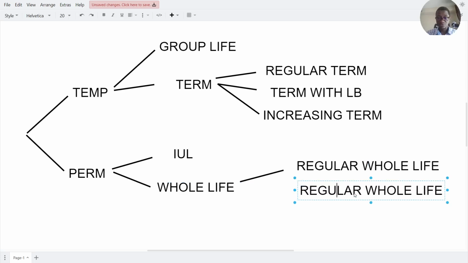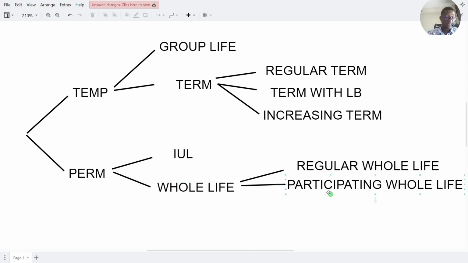Now, you have a different type of whole life that is called participating. So in participating whole life, at the end of the year, you get a dividend. And that dividend is basically a return of premium. So what happens? At the beginning of the year, the insurance company is going to make a budget, and they will account for operational expenses, salaries of employees. They will estimate how much death benefit they will have to pay, and so on. At the end of the year, after they fulfill all their obligations, all the money that is left from that initial budget is now shared to the policy owners in the form of dividend. So once you receive that dividend, you can decide to cash it out, or you can use it as premium. And then this is a powerful vehicle to increase the cash accumulation.